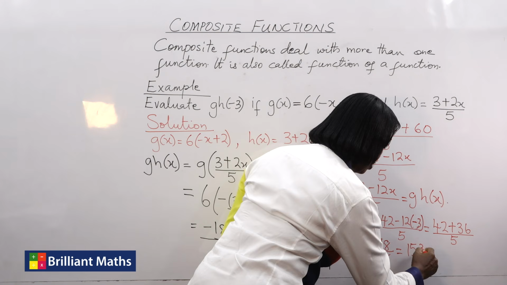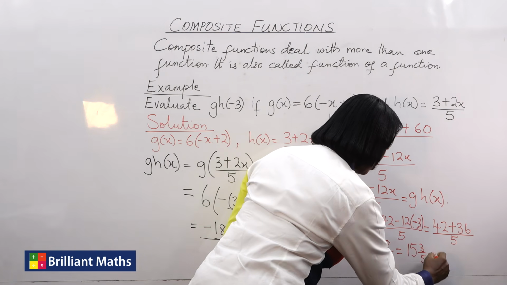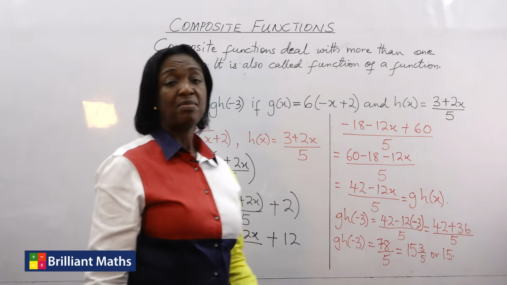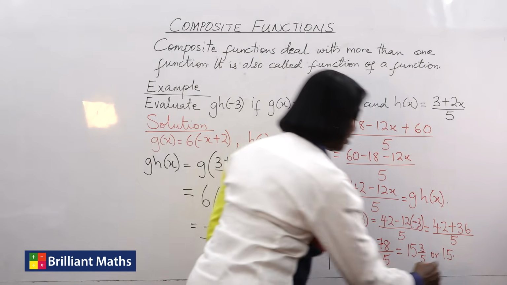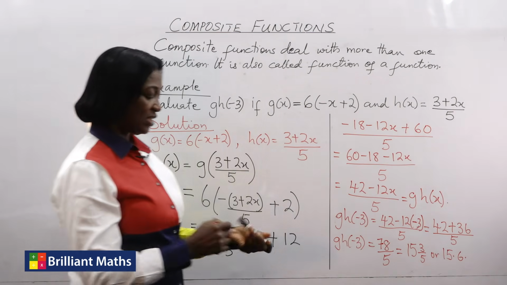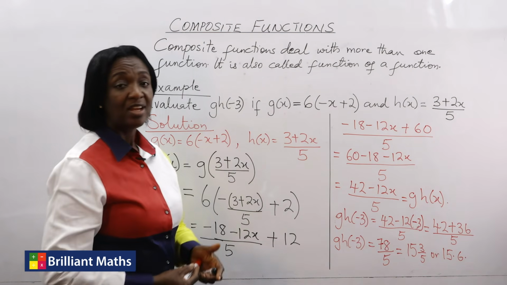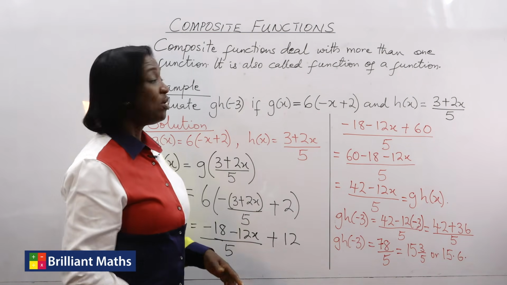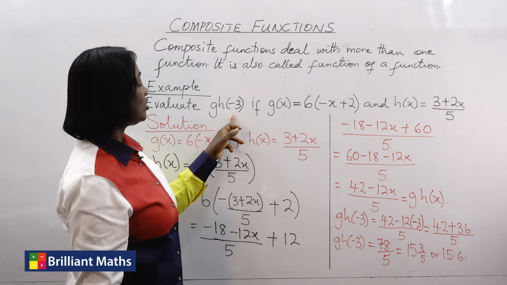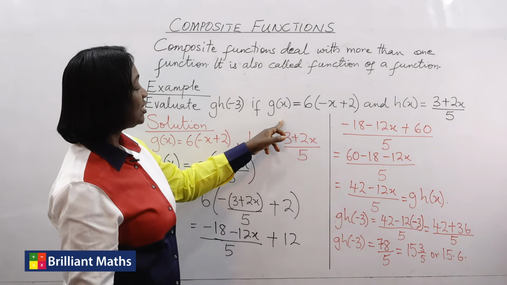So that's 15 3 over 5, or 15 3/5 is the same as 15.6. We have answered the question in full because we were told to evaluate gh of minus 3 if g